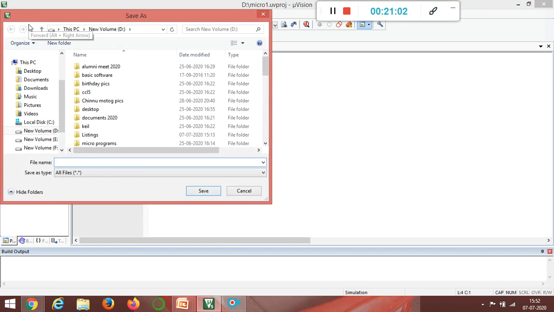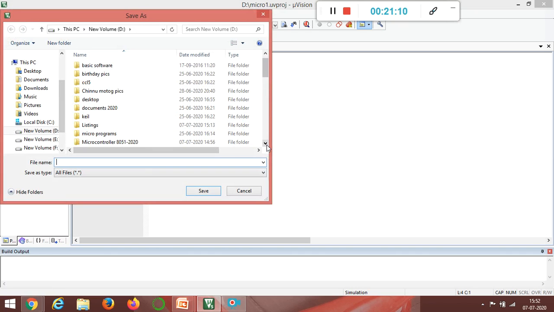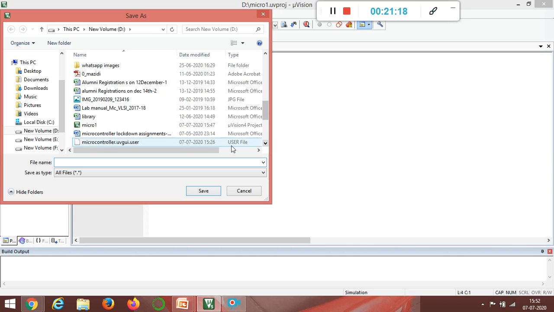Click on that. After clicking the save option, you have to check whether it is in the same folder, whichever folder you have created, that is the project. I created a project called micro1. Here micro1 is present.